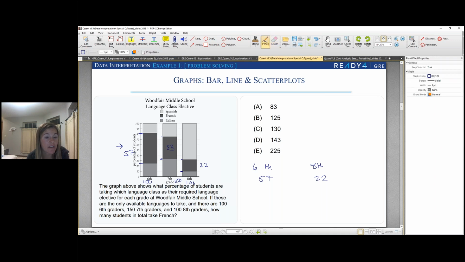But because we're dealing with 150 kids, not 100 kids, we need to multiply, right? We need 53% of 150. So how do we do 53% of 150? Well, you can do 0.53 times 150. You can also take 53 and then add half that again. But because you've got a calculator, you do 0.53 times 150. You get 79.5, so let's say it's 80 kids. Okay. So if we add them all up,